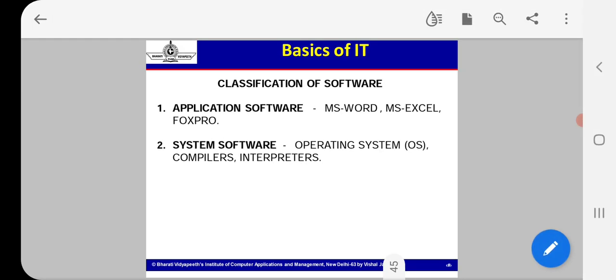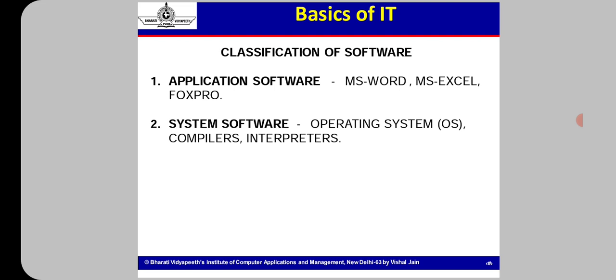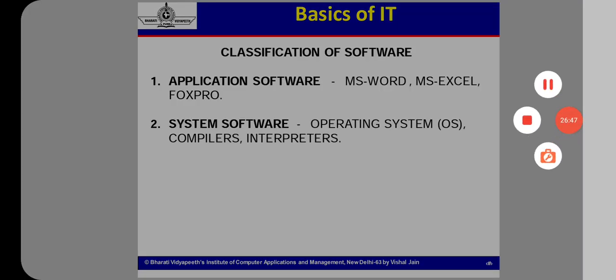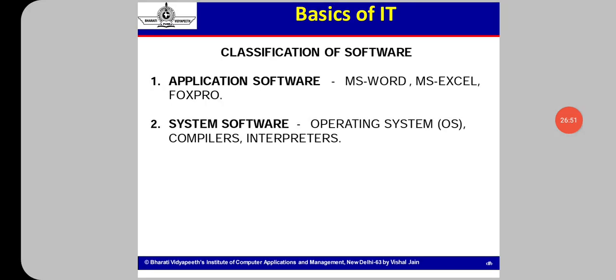What are translators and what are the different types of translators used? Generally, to translate a program written in any high level language into object code or an object program, we use a system software called a translator. The role of a translator is simply to translate programs written in a high level language into machine code or binary language.